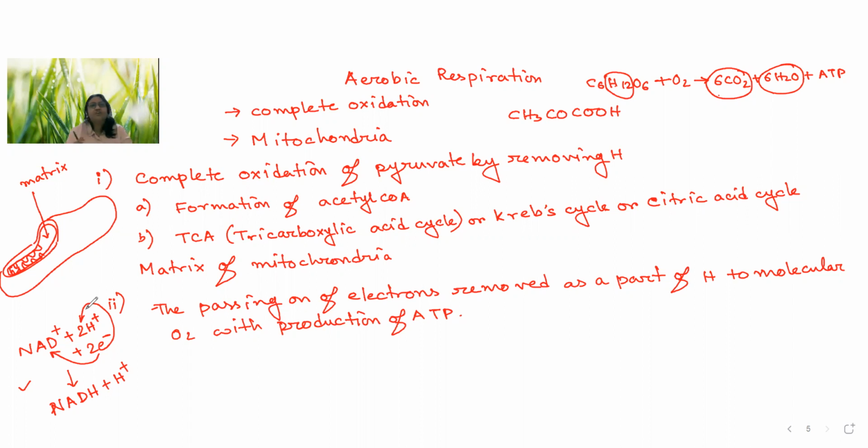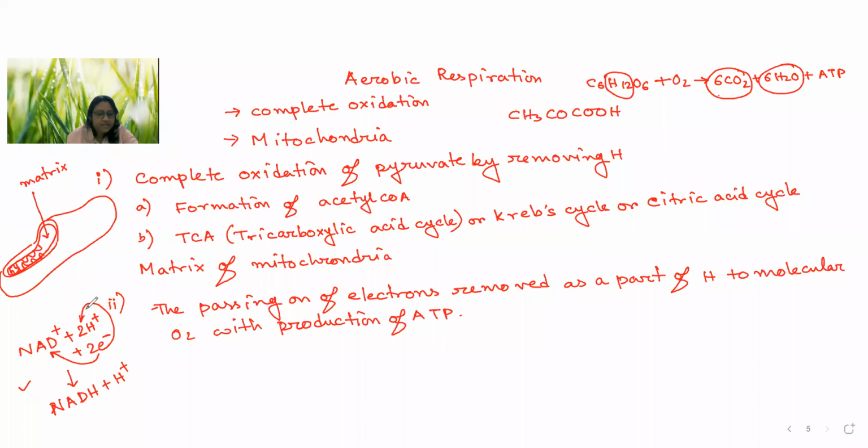And this passage of electron is done with the help of oxidation and reduction. What happens there? One is getting oxidized when it is losing electron, and the one which is accepting electron is reduced. Now it will pass electron to the next. Again, there will be oxidation reduction. So all these carriers are generally having metals at their center which are getting oxidized and reduced. So this is the essence of this pathway.